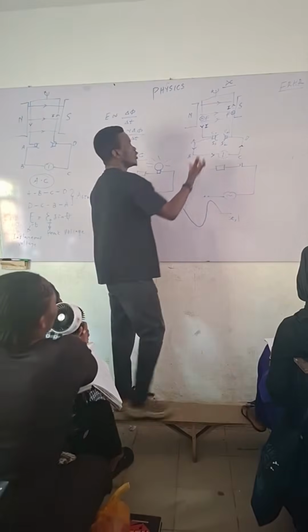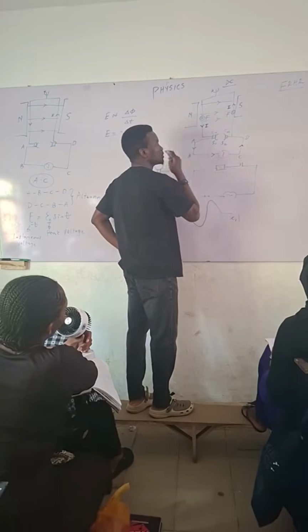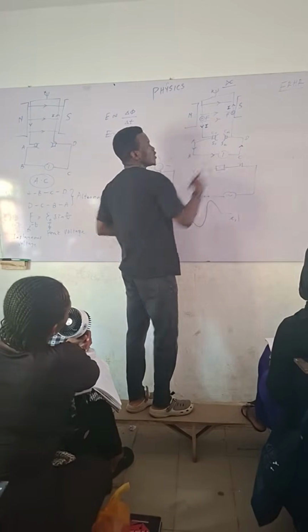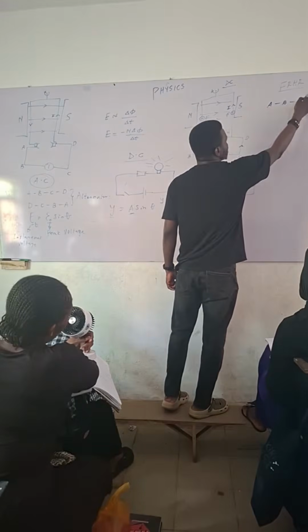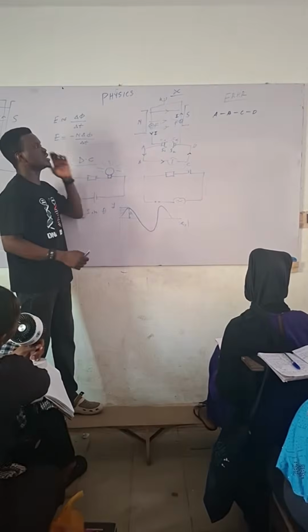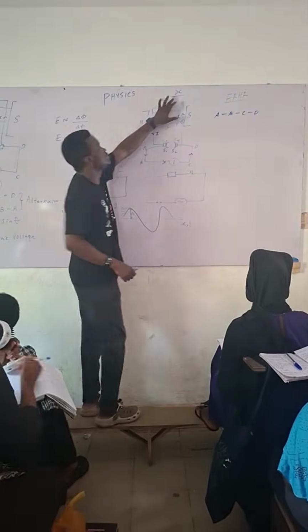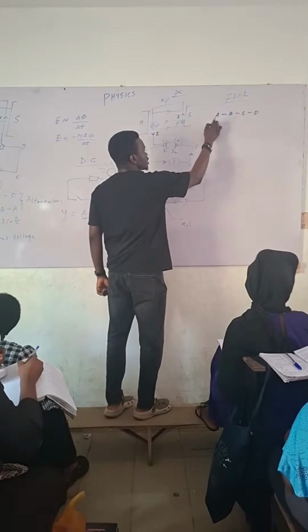So from what we have here now, this will be deflected to the right. And at the end of the day, your current will go from A to B to C to D. Now, the question is, what makes AC different from DC? This split ring that you have,